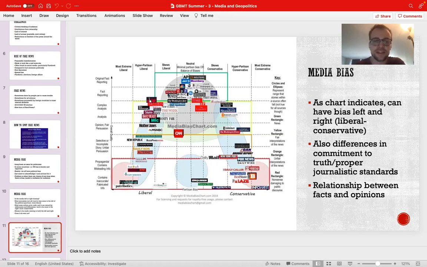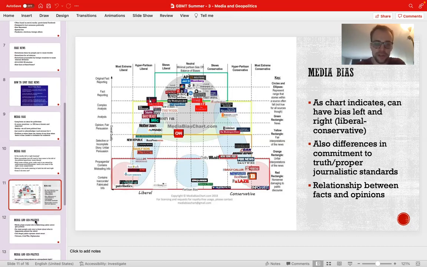So this is just a guide to help you as you're looking through different news sources. And you might wish to use this chart during your assignment, or just have it open so you have an idea of where each source tends to stand in the ideological spectrum, as well as on the spectrum of fact-based reporting or inaccurate or fabricated information. So yeah, just keep that one open when you're doing your assignment, and I think it'll be a big help while you're doing your research.